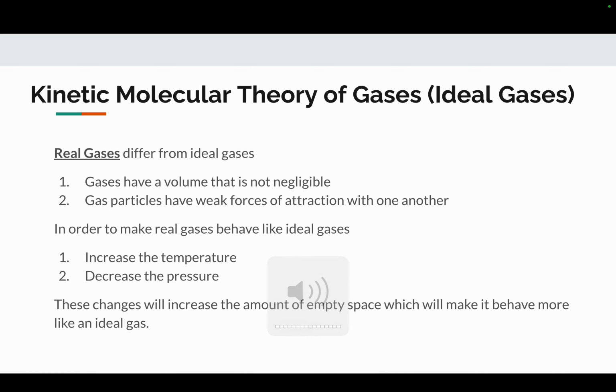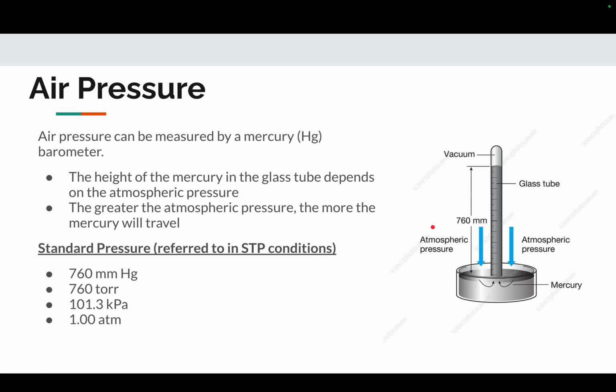All right, if no one has any questions, I'm going to move on. Now, air pressure. Air pressure can be measured through a mercury barometer. If you remember the units I said earlier, I said millimeters of mercury. This is why. The image on the right is a picture of a mercury barometer. What this does is measure the atmospheric pressure, and the unit that we use is millimeters of mercury,